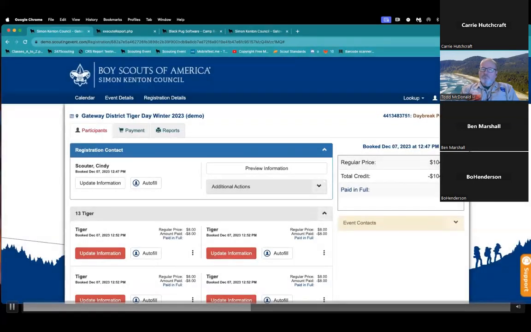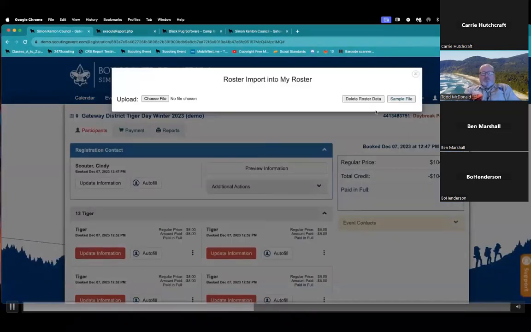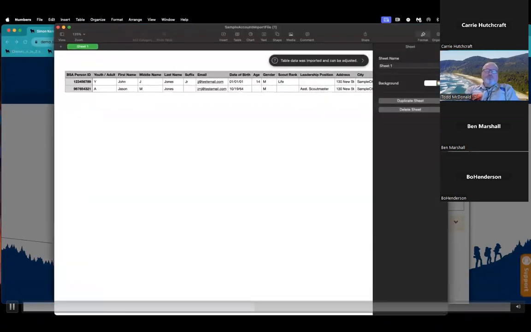Another thing you may see in here, well, actually, first let me go over personal rosters. You will see this My Roster functionality in here. This allows you to import a roster if you would like to utilize it for registration. I'm going to go to this import function here. You will find a sample file, and I'm just going to open this up so you can see it.